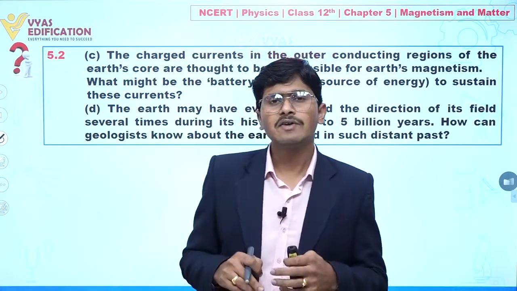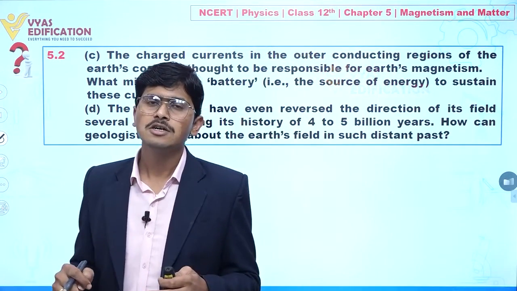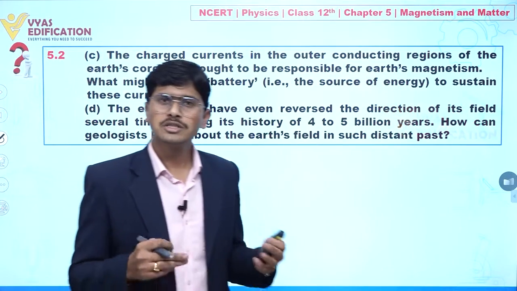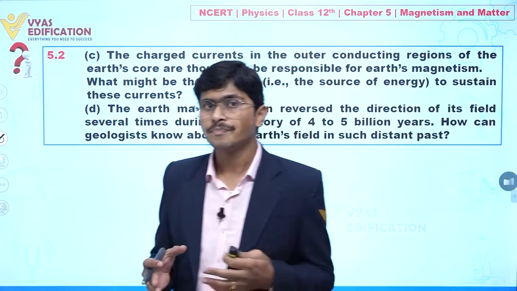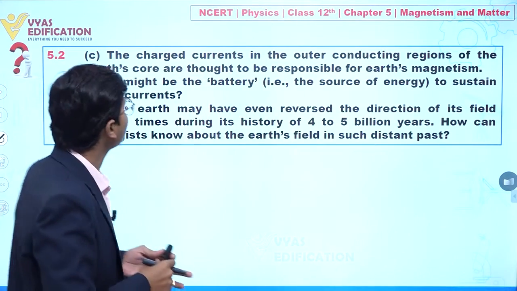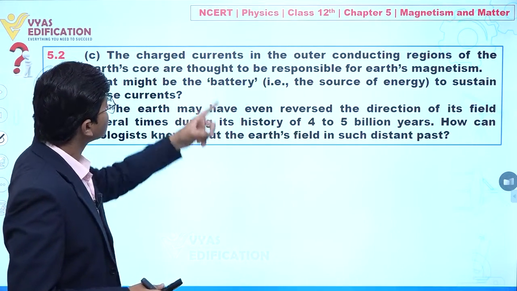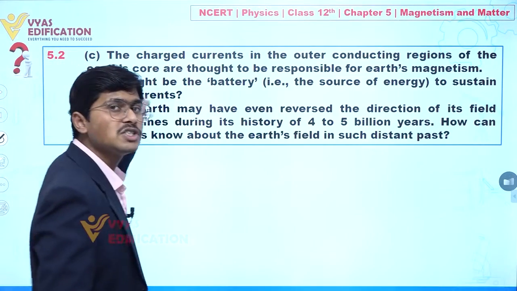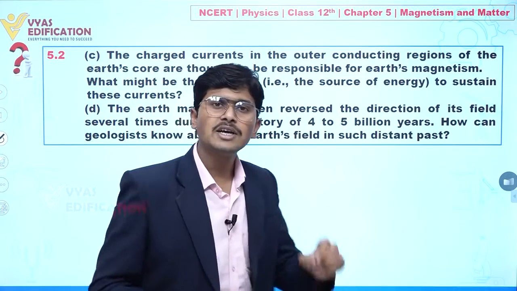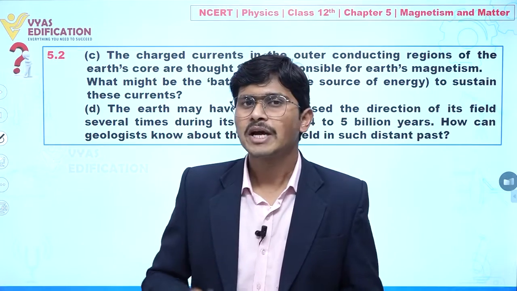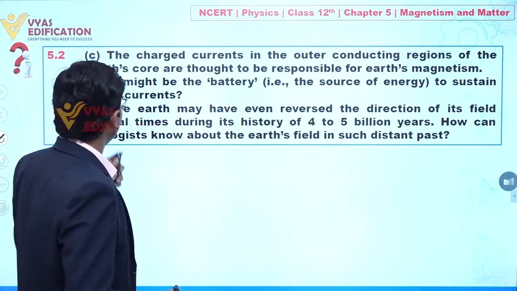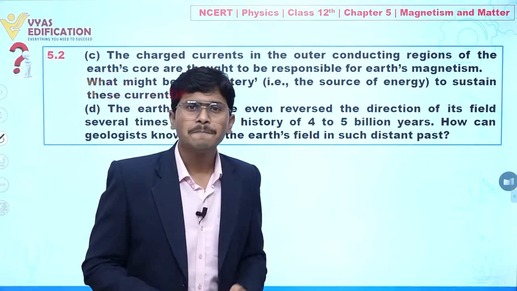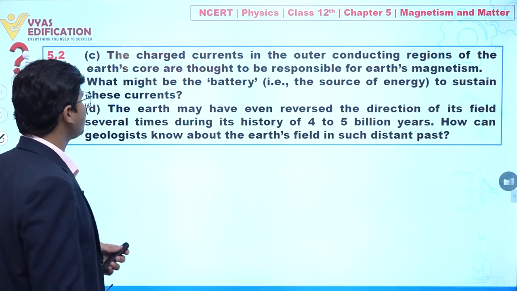Because we know in our earth we have so many minerals and natural substances, and definitely there are some radioactive substances also. These radioactive substances are actually forming charge current. Clear? So radioactivity is assumed to be a source of battery for this current. Clear? Now if I am talking about part D,